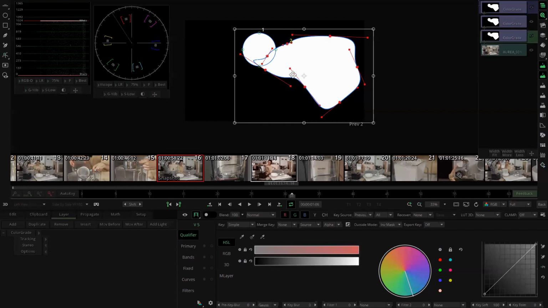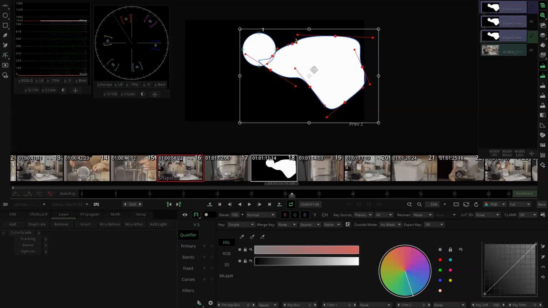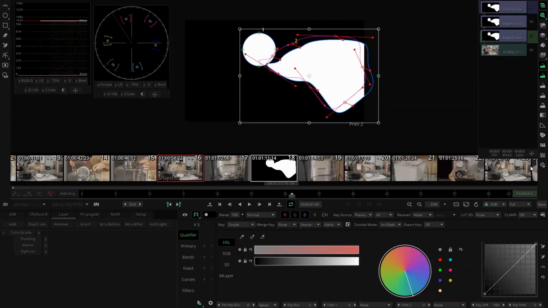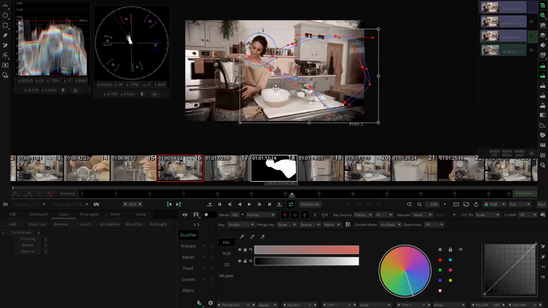Sorry, guys, I just messed this up for a second. So you could have as many shapes as you want